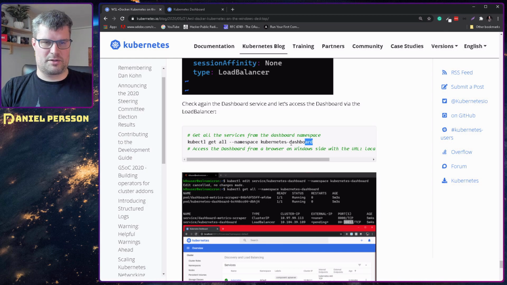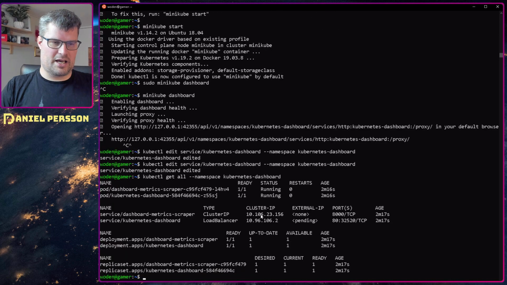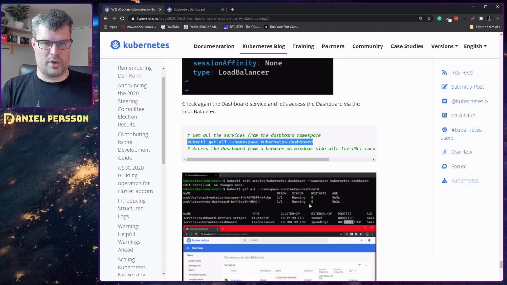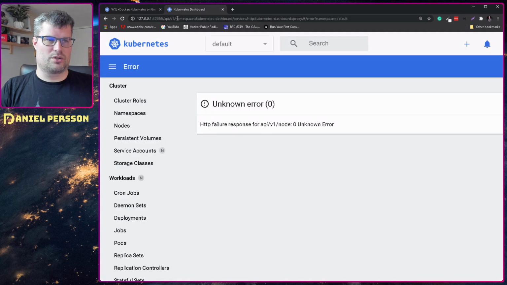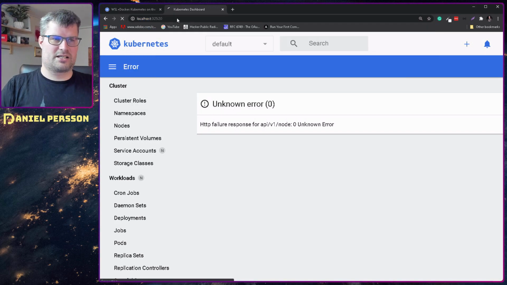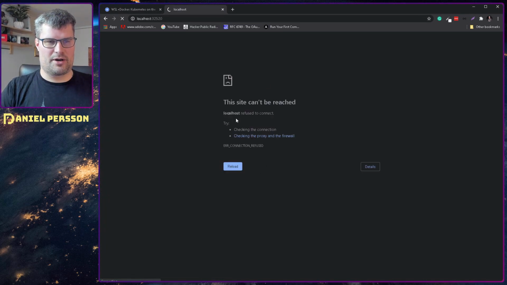and then run the namespace dashboard again, so we get all the information here. You see that you have this Kubernetes dashboard with a load balancer that has an external IP pending, and then port 80 is mapped to 32520. So if we copy that over, we should be able to go to localhost colon and that port, and that, if it works, should load our